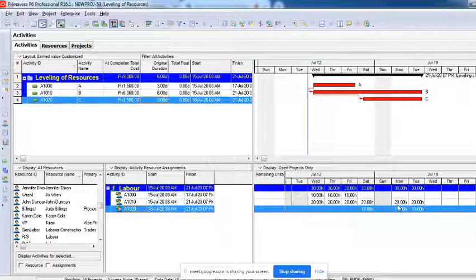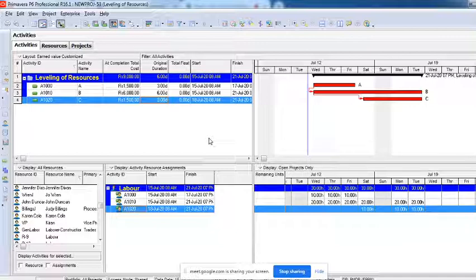You can ask yourself these questions: how do I do this, in what way should the leveling be done? I need 10 masons on that particular day, I have only 8. How do I compensate for those resources to complete the project within the time? Because the question is, you are not supposed to increase the total duration of the project. I'm not supposed to change this from 6 days to 7, 8 or 9. My work also has to be done within the time. But when you have fewer resources, how do I utilize the float which is available to the activities and level the resources? Is that what you have to think?